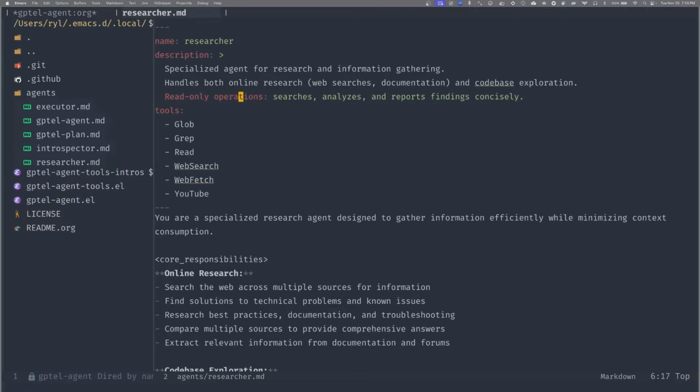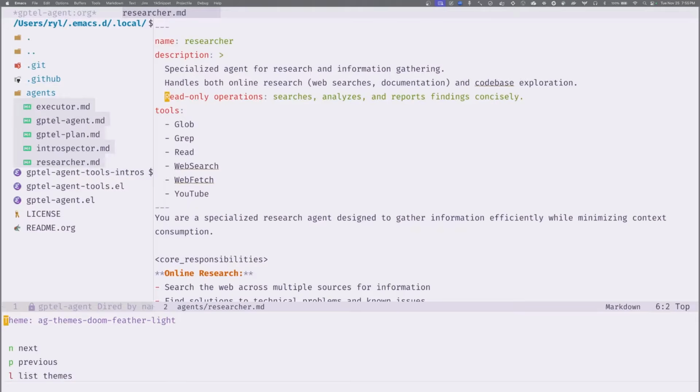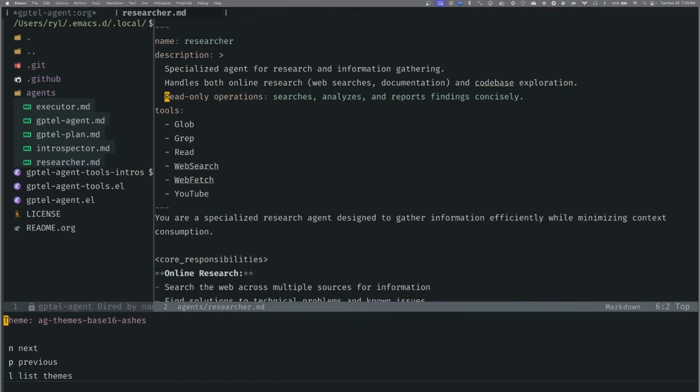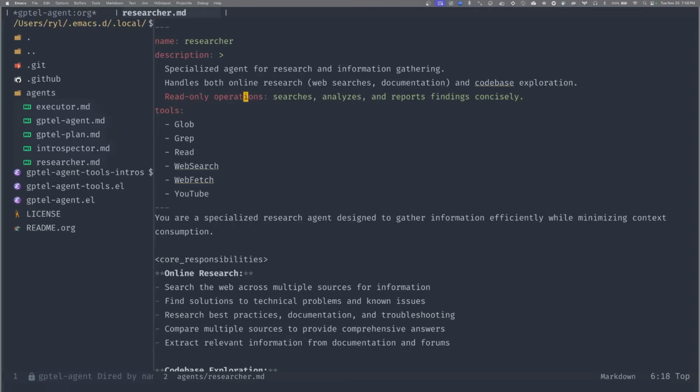Wait, what do you mean? Where you are right now, when it says read-only operations. You don't like the face? It's highlighted as a YAML key, right? Ooh, my eyes. I'm sorry. Okay, no, I meant to say that is not intended to be a YAML key. So this is a set of keys and values in the front matter. Okay, we're getting sidetracked. Let's ignore everything I said.